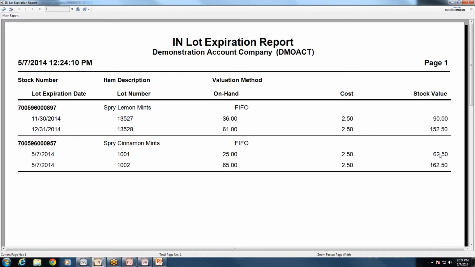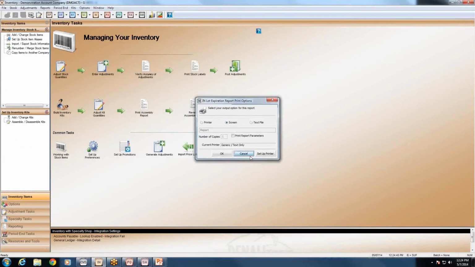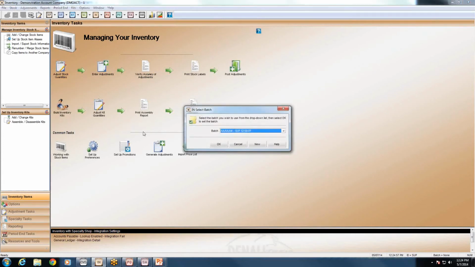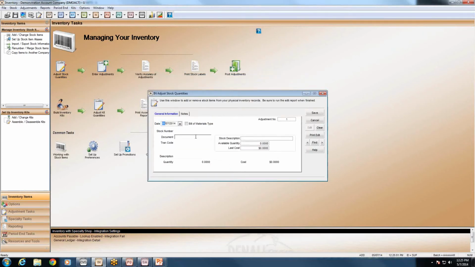It also shows you the stock value of those items as well. And this is handy if you want to double check a specific expiration date to see any items that have already expired. You may need to run that report so that you can see which items have expired, and then you can dispose of those items. Now, to dispose of an expired item, you just use the adjust stock quantities